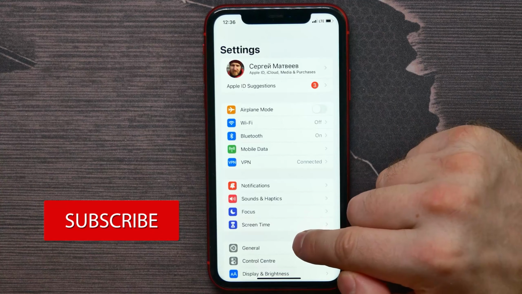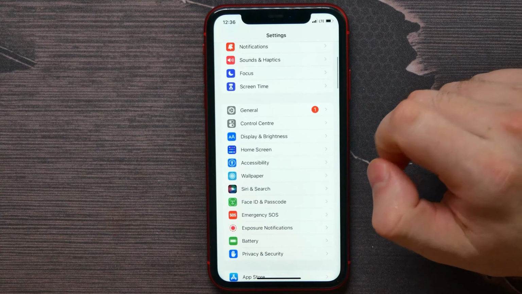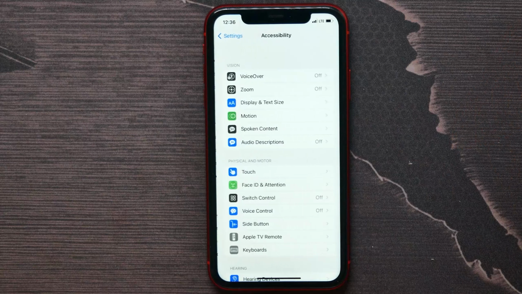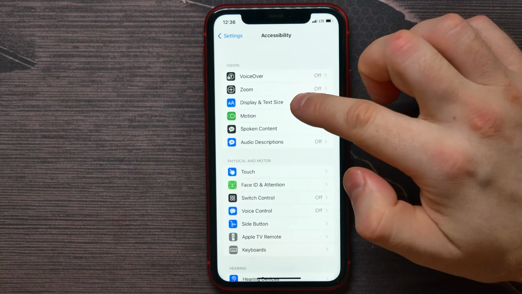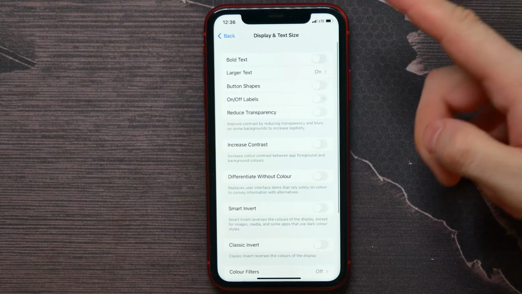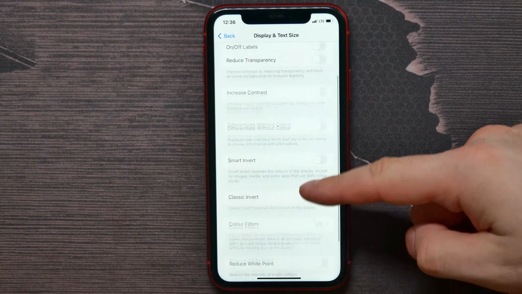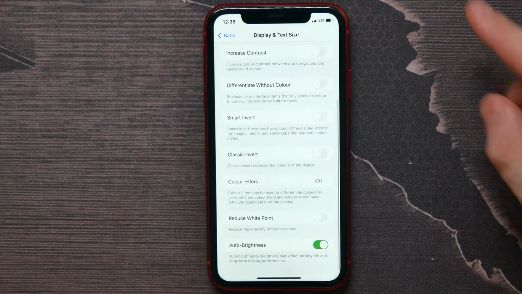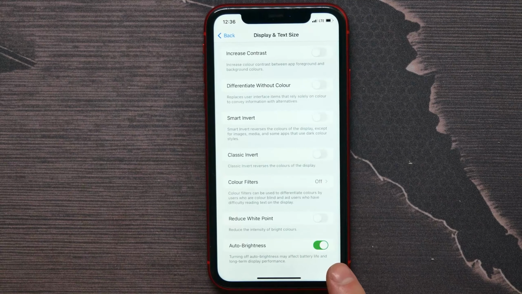After that, scroll down for a bit and get into accessibility. Now hit on display and text size and there scroll down to the very bottom, and the last option on that display is auto brightness. Now it is turned on, that is the default setting, and in order to turn off automatic brightness you need to disable